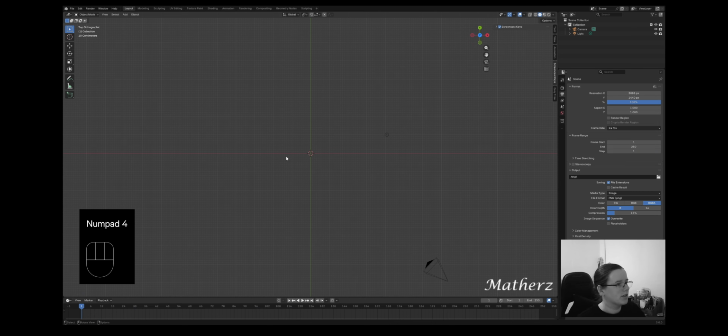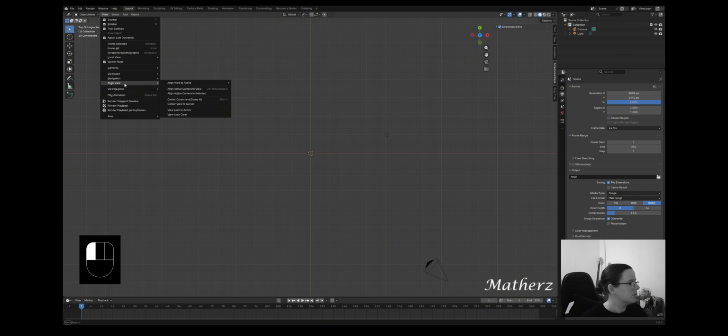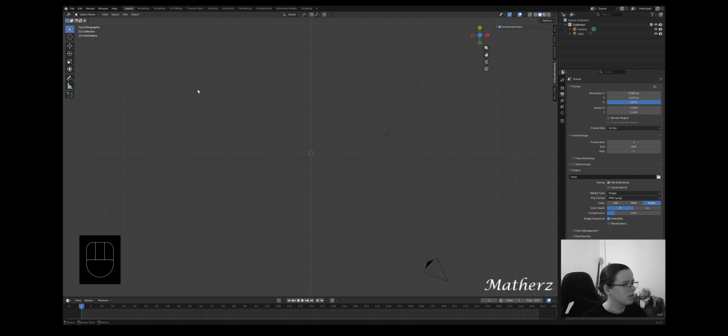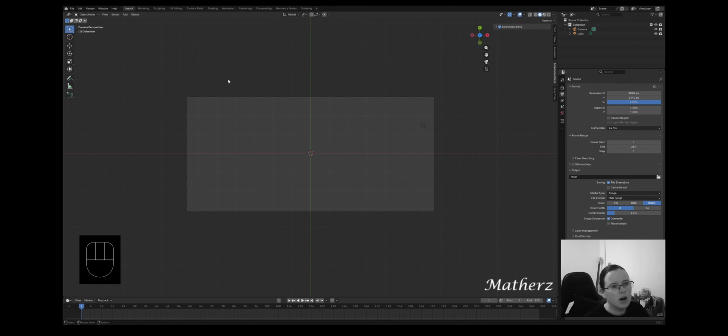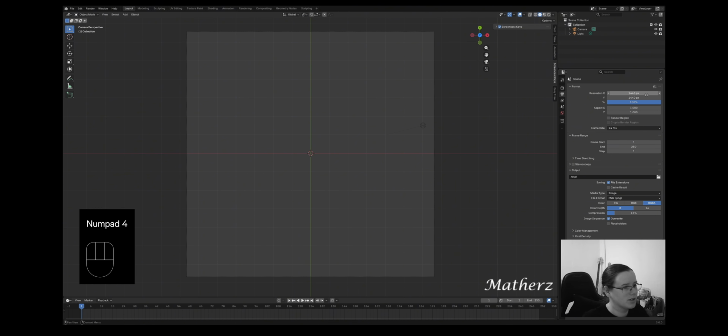Here we go. Okay, so let's go ahead and click view, and what you want to do is align camera to view. Because you're looking from directly to the top, this should align to view as such. Okay, so I think I made a little oopsie right there. I need to put these in the opposite places. So let's go for 1440 to make that tall, and then we'll have the opposite one, which is 3088,